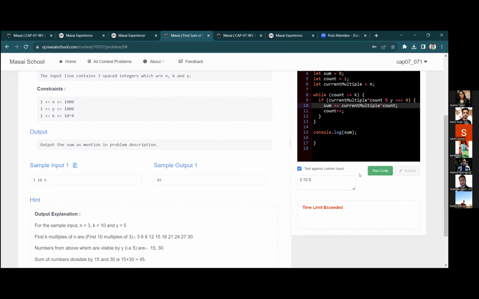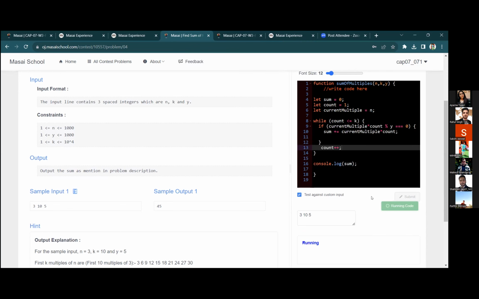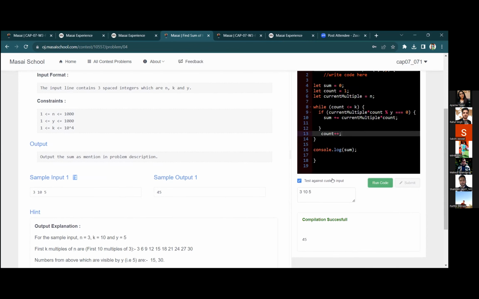टाइम लिमिट एक्सीडेड, कहाँ पे जा रहा है आगे? सम प्लस इक्वल टू दिस काउंट प्लस प्लस। अच्छा, काउंट प्लस प्लस आपको इफ के बाहर करना है, क्योंकि इफ कंडीशन नेसेसरी नहीं कि वो हर बार चलेगी, करेक्ट। बट अब काउंट हर बार इंक्रीज करना है। ठीक है। ओके सर।